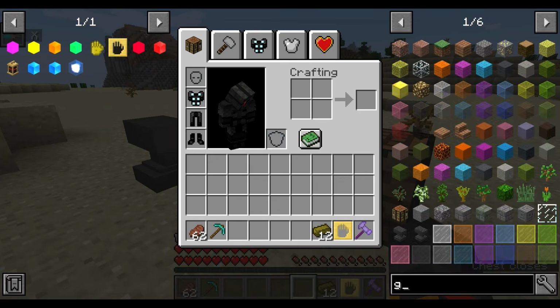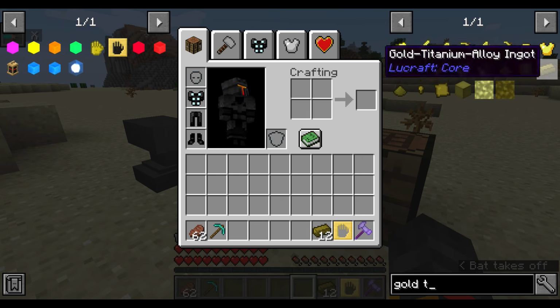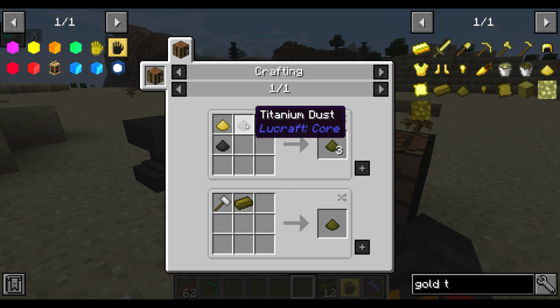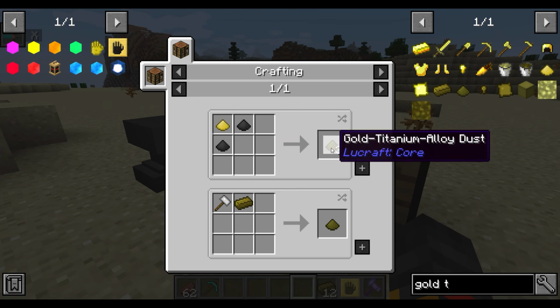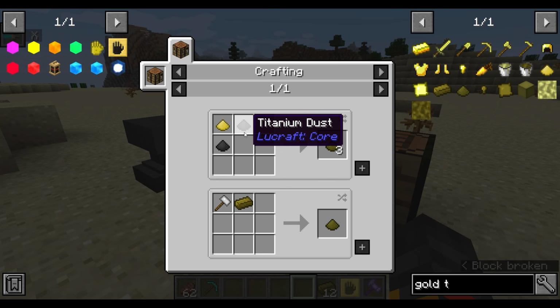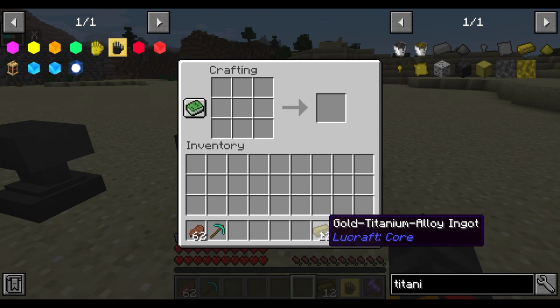So if I search up gold titanium, how you get that is by smelting gold titanium alloy dust. Now this is made with 2 titanium dust and 1 gold dust, which gives you 3. And since you need 12, that means you will need 4 gold dust and 8 titanium dust. And that makes you 12. So once you have the gold titanium alloy ingots,